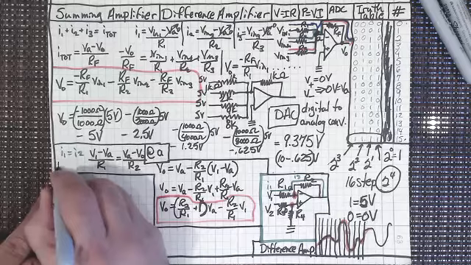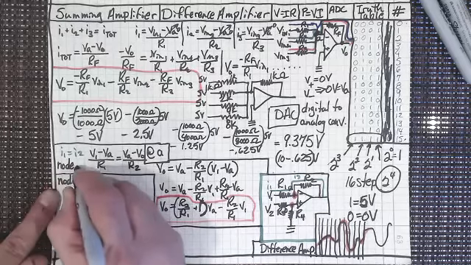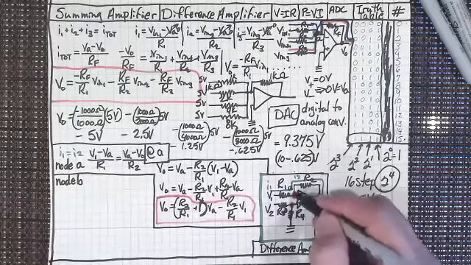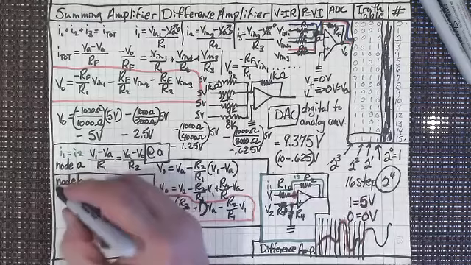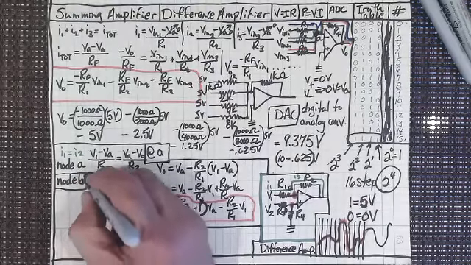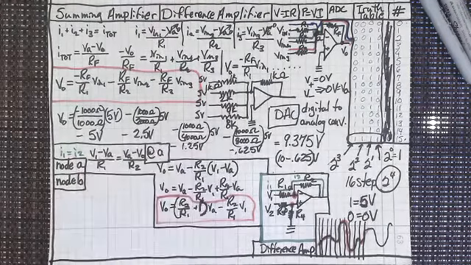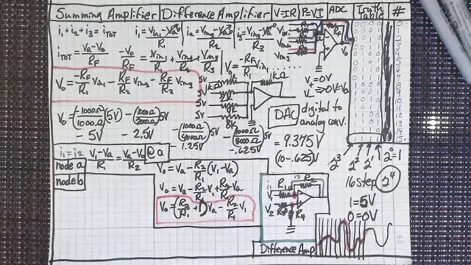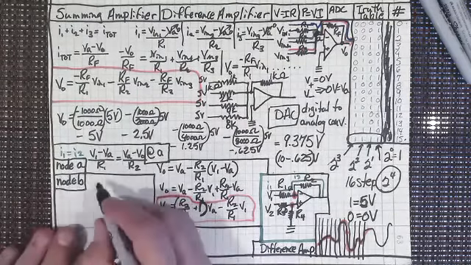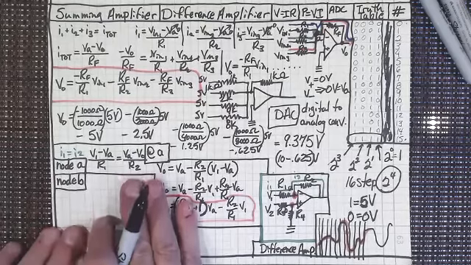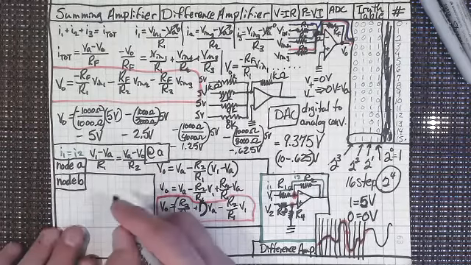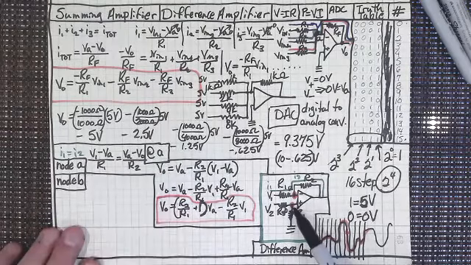In fact, I should put, there you go, node A, right there. And then this next one is an analysis of node B, which is more difficult. Looking at node B, it becomes a little more difficult, but let's just get our equations anyway before I step into the next one. So looking at node B,